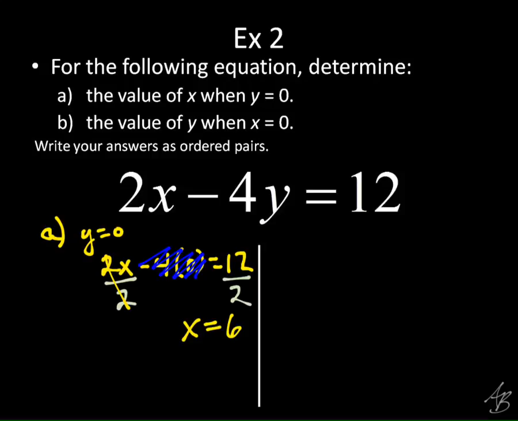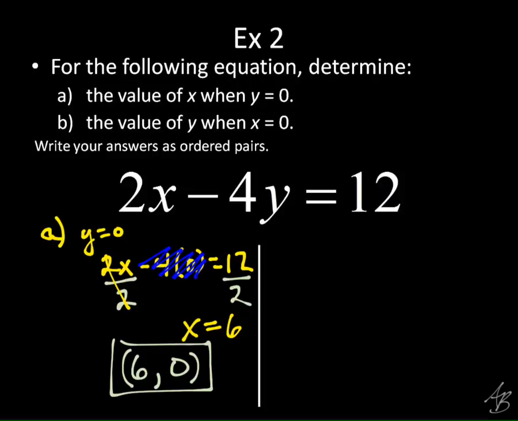Now, I'm not going to leave my answer like that. It's not going to be x equals 6, but I want an ordered pair. So what's the ordered pair going to be? (6, 0). So x is 6, so we'll put that first. Y is 0, we'll put that second. Be sure you put your parentheses there, and you've got your ordered pair,